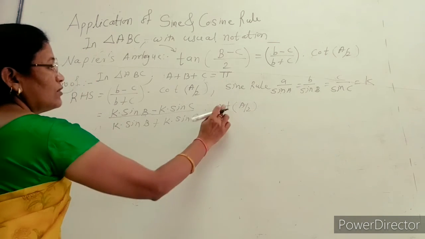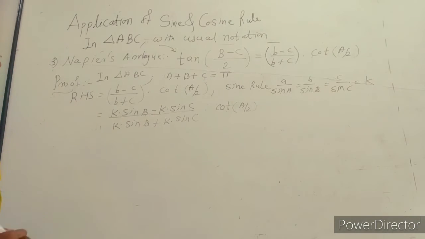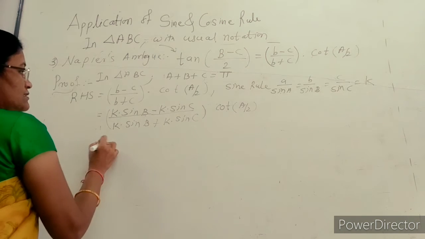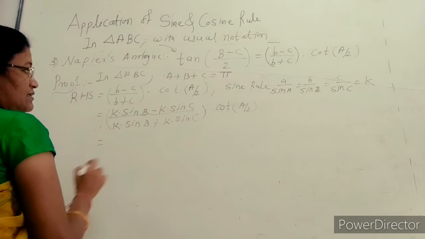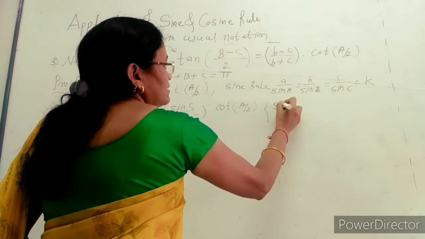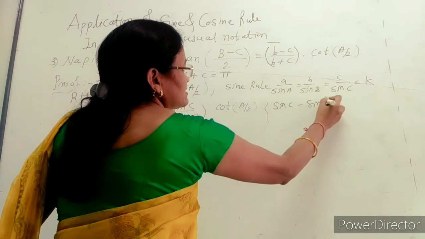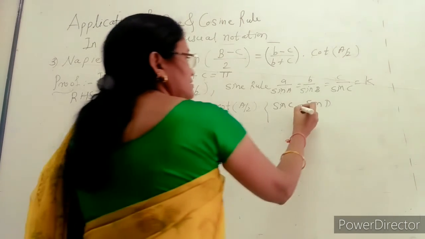You may simplify that: cot A by 2 means cos A by 2 upon sin A by 2, but we simplify this after the simplification of the first term. Here, from this we take k common from numerator and denominator, and that can be cancelled out. Use the result of sin B minus sin C, which in general we use as the result of sin C minus sin D and sin C plus sin D.